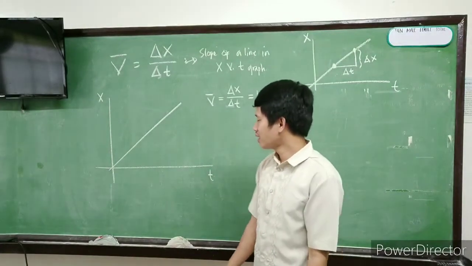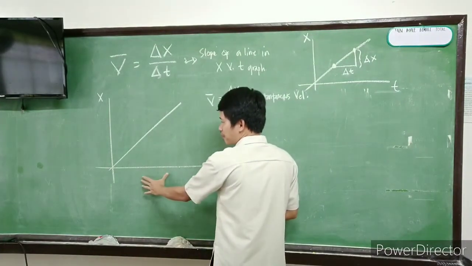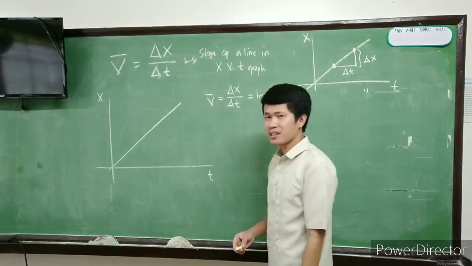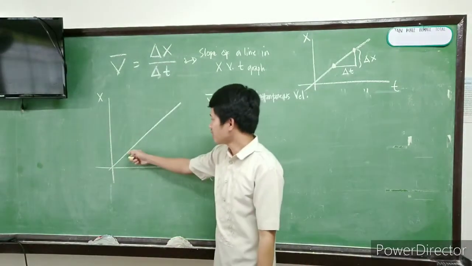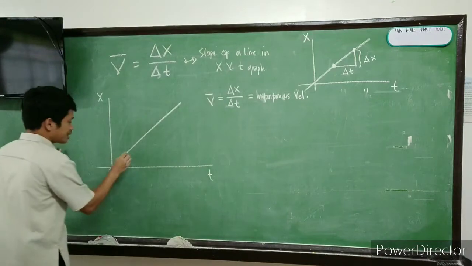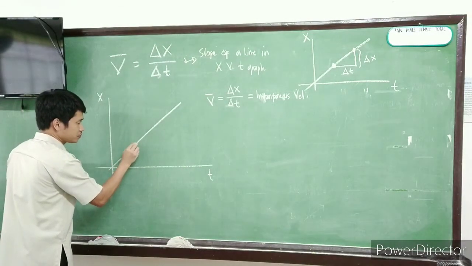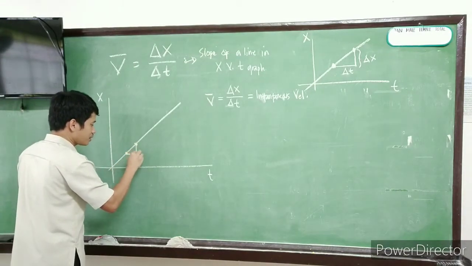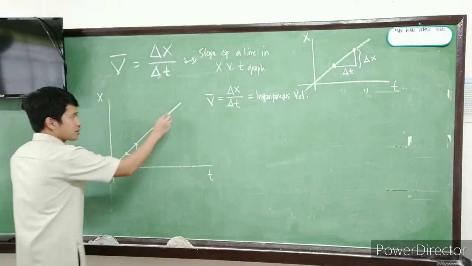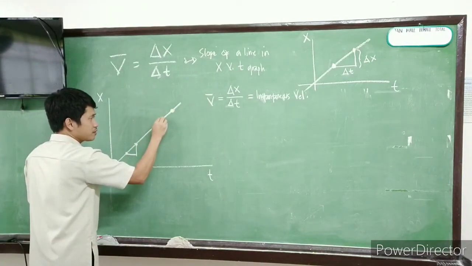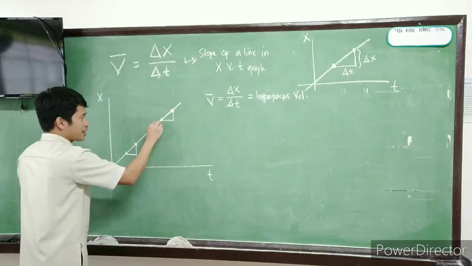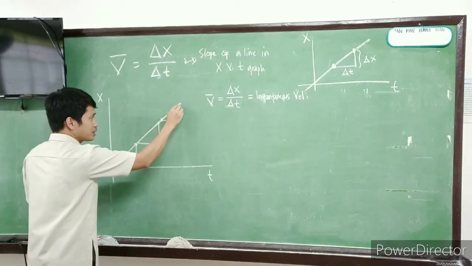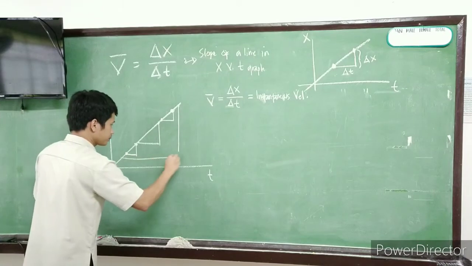Okay? And in this particular graph, kapag straight line siya, yung position versus time graph, then it doesn't matter which point I pick. Kahit ito yung piliin ko, at ito, tapos kunin ko yung rise over run niya. So, rise over run. Kahit dito ako kumuha ng rise over run, o kahit dito, okay? Or kahit pa dito, dyan ako kumuha ng